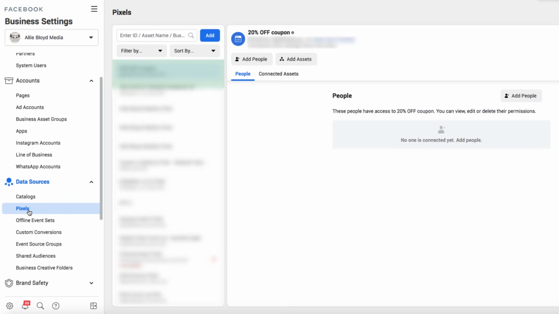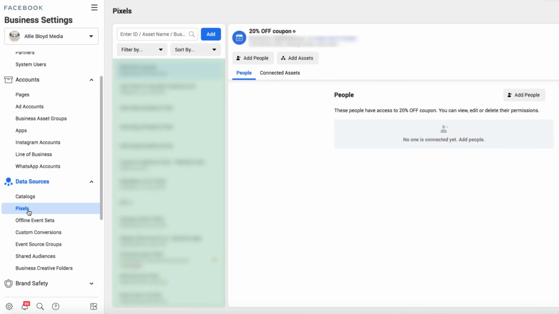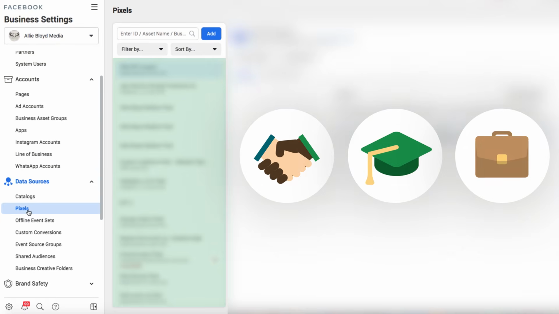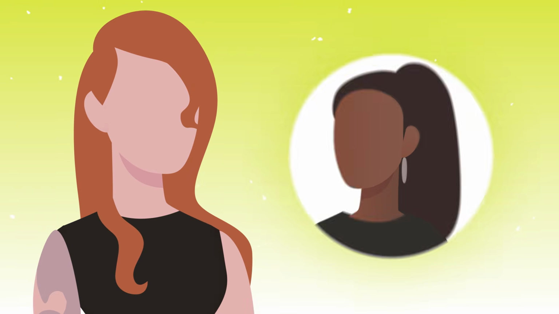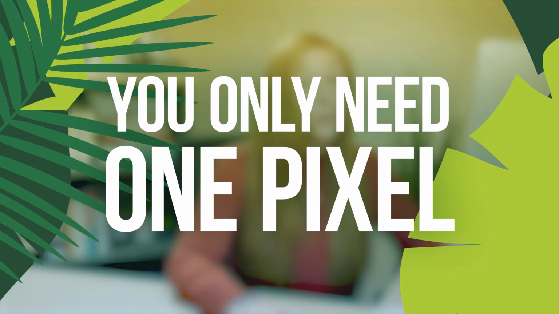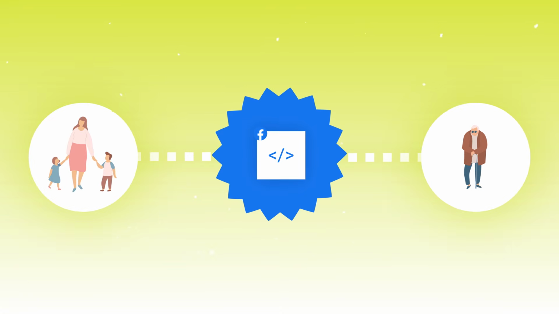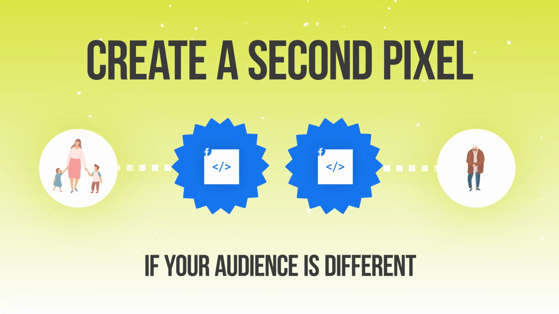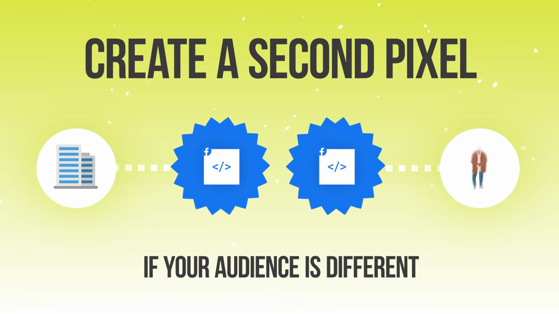This pixel ID is how you're going to be able to verify that the right pixel is installed on your website or pages. I have a lot of different pixels in this account, but these are not all pixels for my website. These are pixels for clients and students and people that I'm working with. A lot of times I see people have 10 or 20 pixels for their own business. That's simply not necessary. One pixel can really go on any of your digital assets. The only time that you would want to create a secondary pixel is if the audience for the business is completely different. If you have a commercial real estate company and a residential real estate company, they're not the same demo. Because of that, you may not want to group them together.